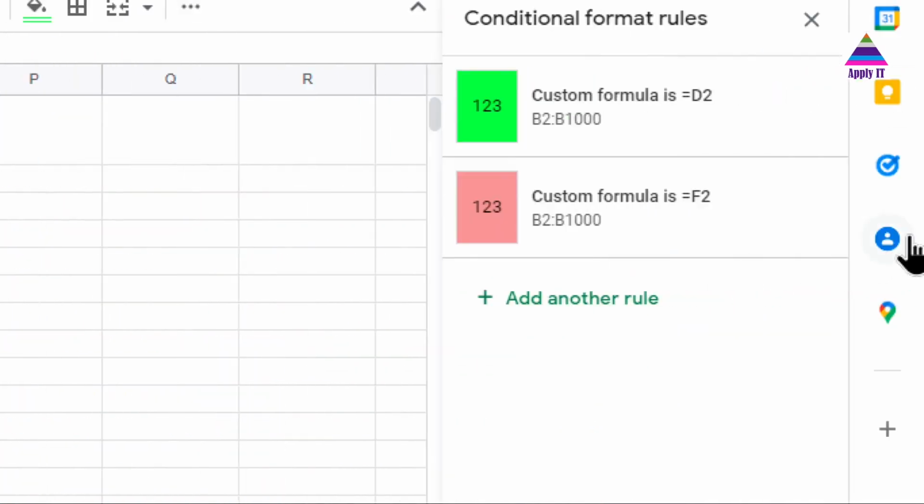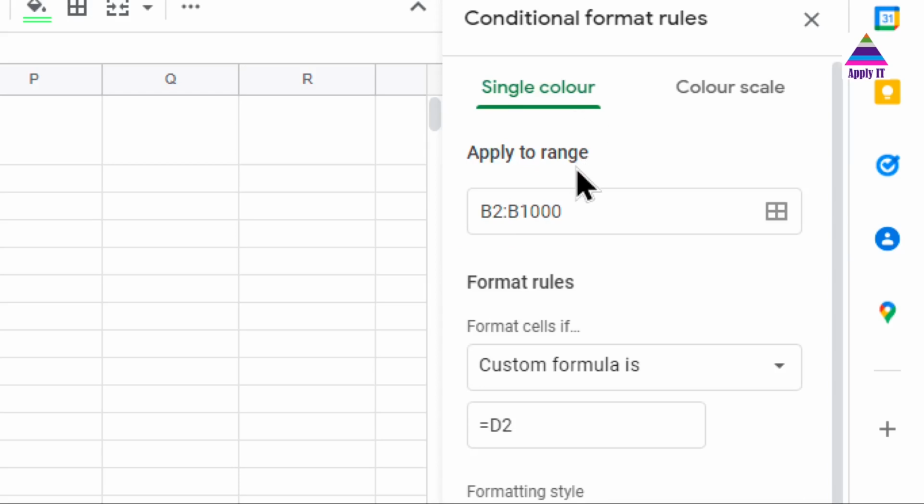You can see we have already done conditional formatting. So we want to apply conditional formatting in the range B2 to B1000, and in the same way we want to apply another color, red color. Again the range is B2 to B1000. So let's see the first custom formula.